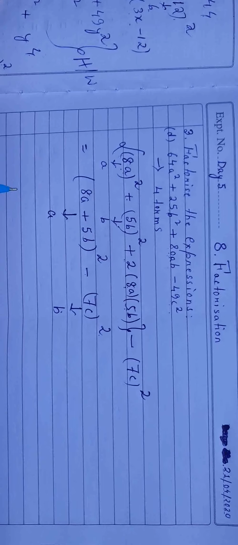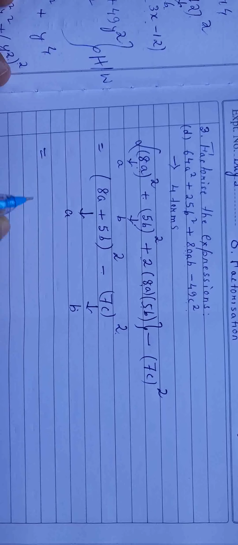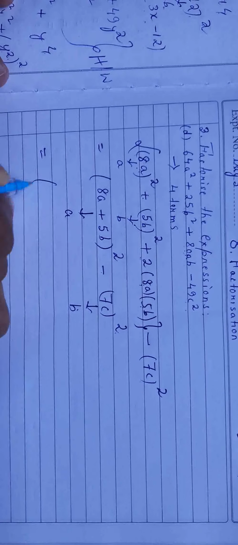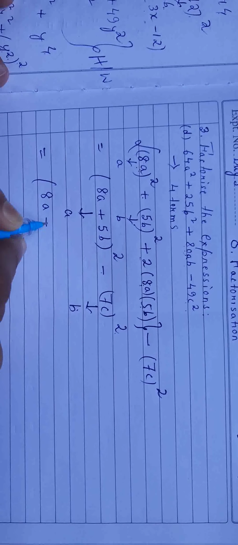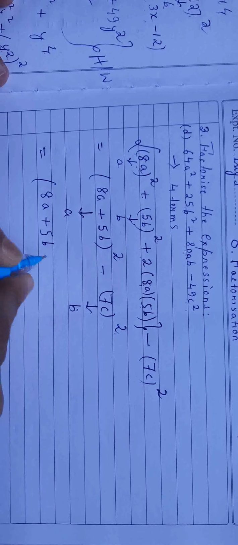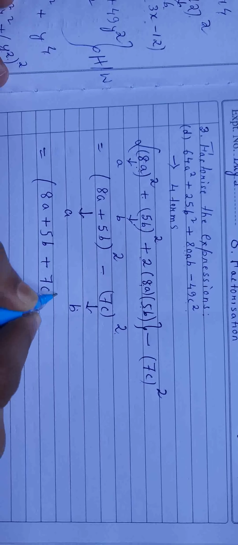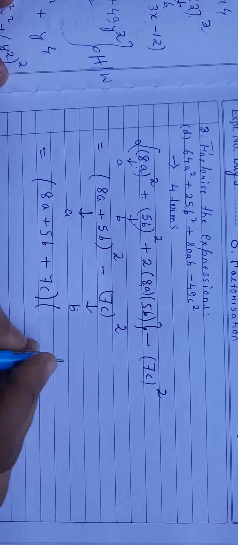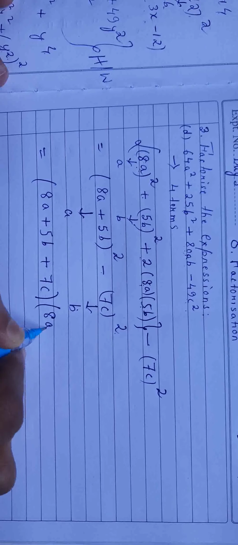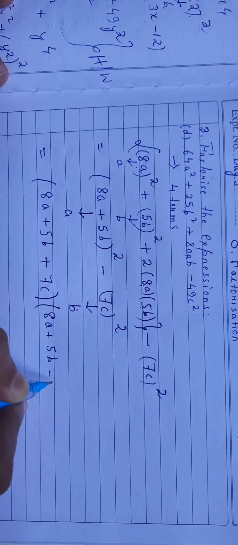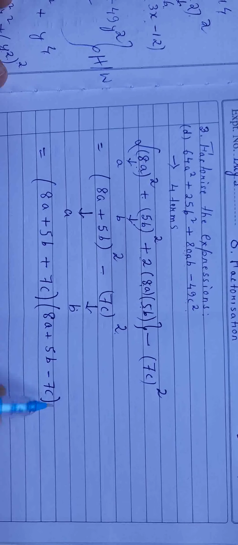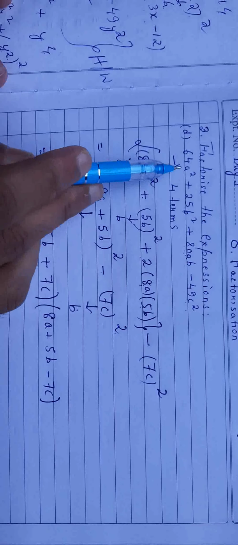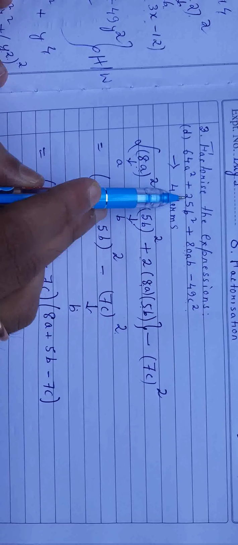So a square minus b square, we know it is a plus b into a minus b. So this expression can be written as 8a plus 5b plus 7c within bracket, then in another bracket we can write 8a plus 5b minus 7c. So this is the final answer, which are the 2 factors of this expression: